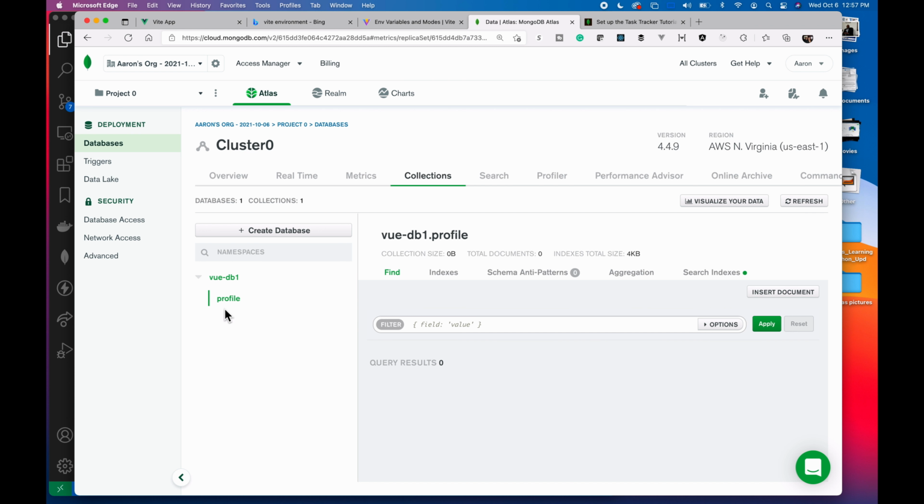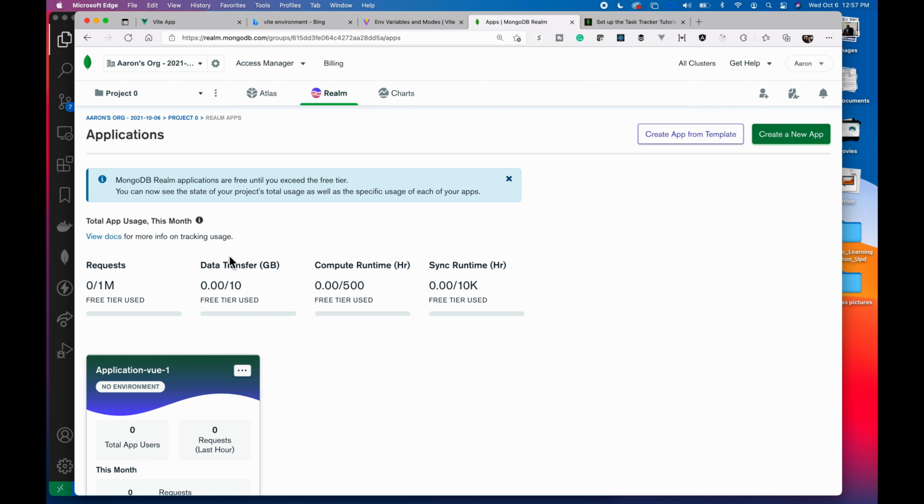So now in this database, my profile collection is where I'm going to store the additional data on the user. So now I will use this database and this collection when I go back to configure my user. So now I go back into Realm, and